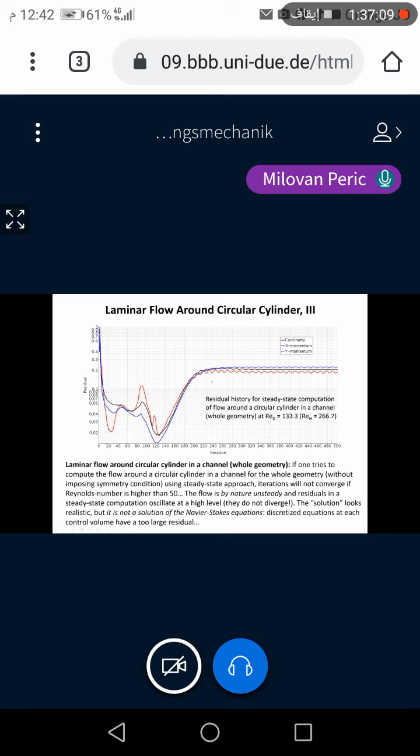You can iterate as long as you want. And the reason is that the flow is by nature unsteady. There is vortex shedding behind the cylinder, and you can't get a steady state solution. So the simulation will not diverge, but it will never get a solution. So because the residual is so high, even though when you plot the vectors like I did here, it looks like a